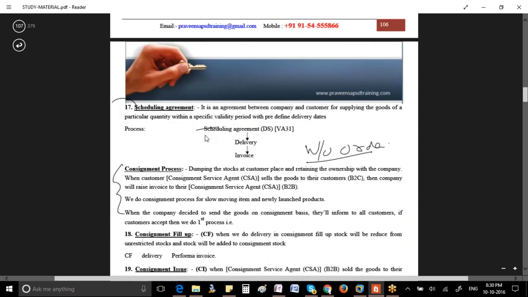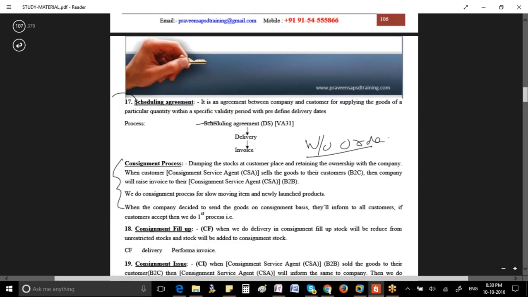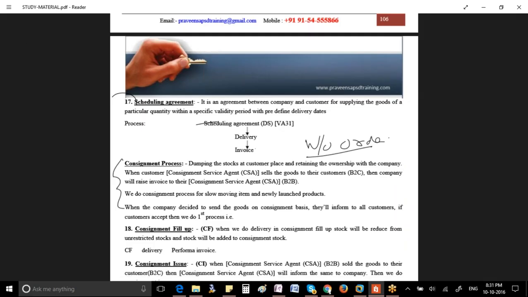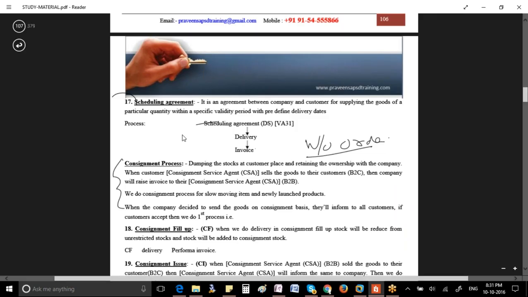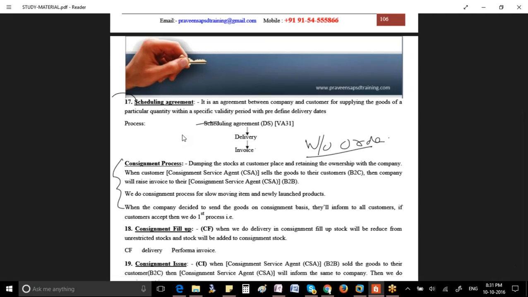After the quantity contract, the next is scheduling agreement. Scheduling agreement is a process in which we don't have an order reference. We have already discussed it a little earlier. You create an agreement and you schedule; the name itself tells you that the dates are scheduled. Generally, we create an order to get the schedule lines, that is confirmed quantities and confirmed delivery dates. But in a scheduling agreement, the delivery dates and confirmed quantity are already there, so you don't need an order. That's the reason you create the delivery directly